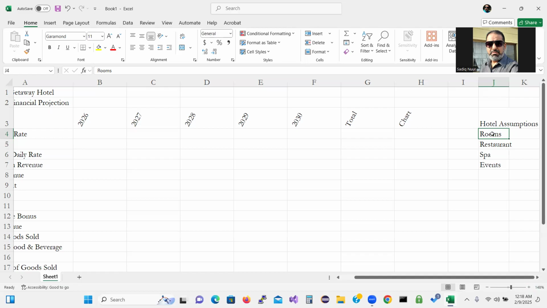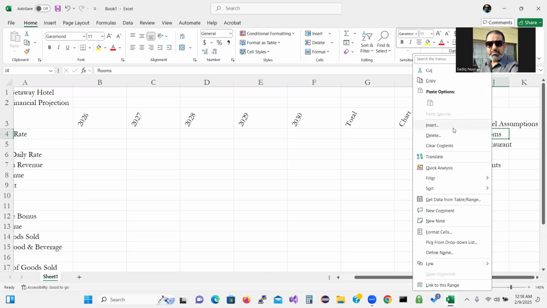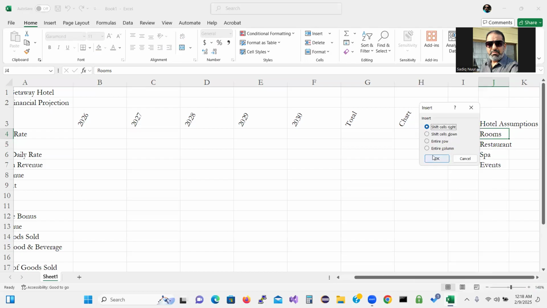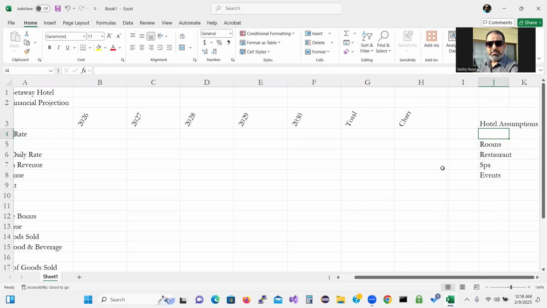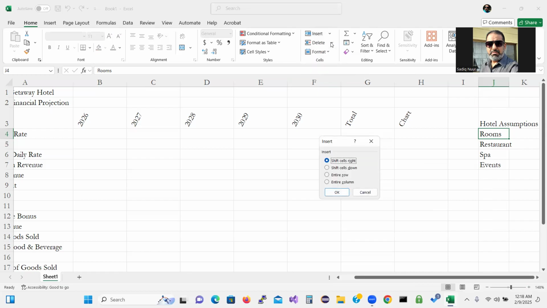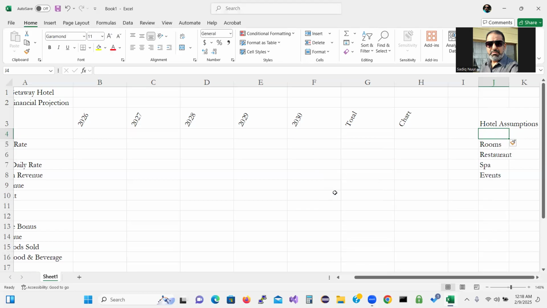So we can right click, insert, and then we're going to see you can put it like this. Control and Z. Or you can go here, under the cells, and insert. Then you can insert a new row, a sheet, or a cell. You see what I did? And then we can choose entire row if you want to, to add a new row. Control and Z. So what we want to do next,